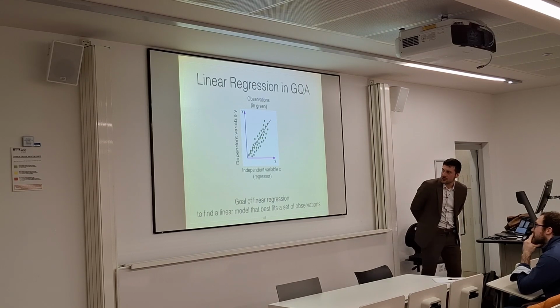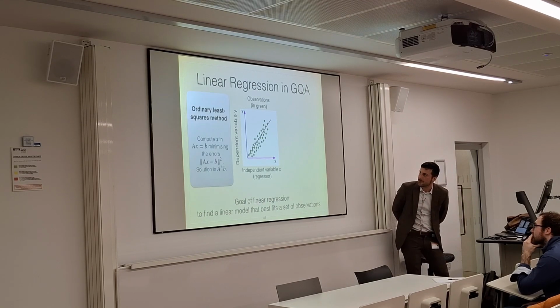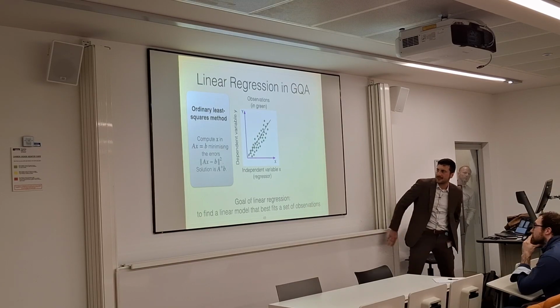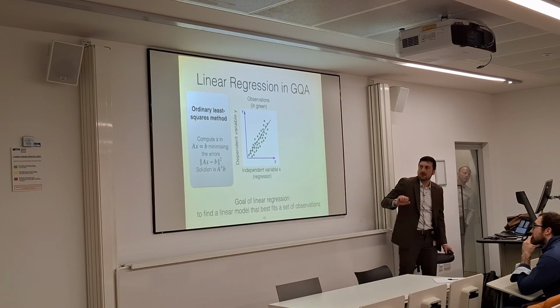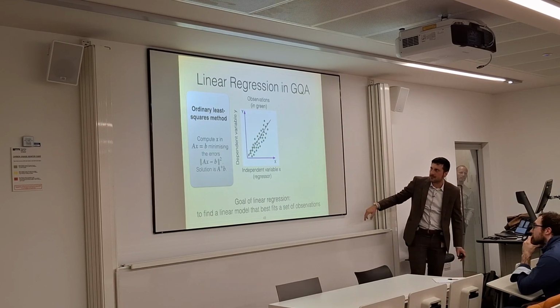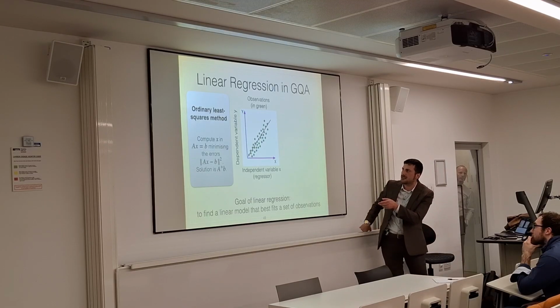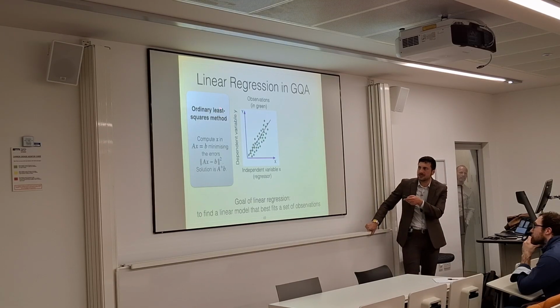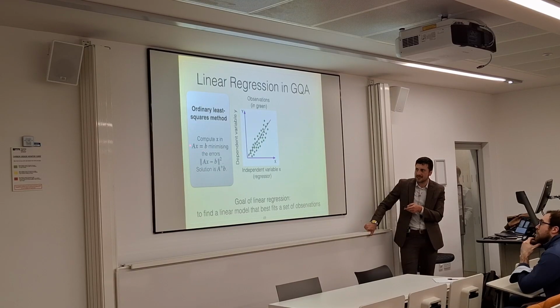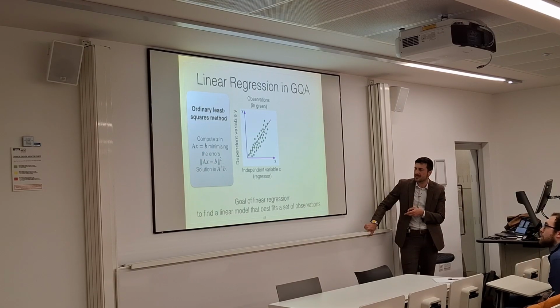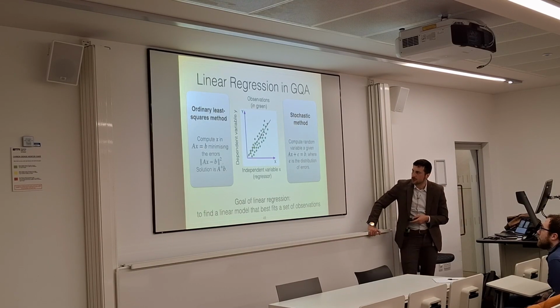So linear regression you can do, okay? The idea of linear regression is that you have a set of observations in green and you want to approximate a linear model. Here is this line here. You have two ways: ordinary least squares methods, where you compute a system of equations minimizing the quadratic error, or a stochastic method in which you compute a random variable. And now I don't have time to show you this nicely, but essentially the two methods are the same